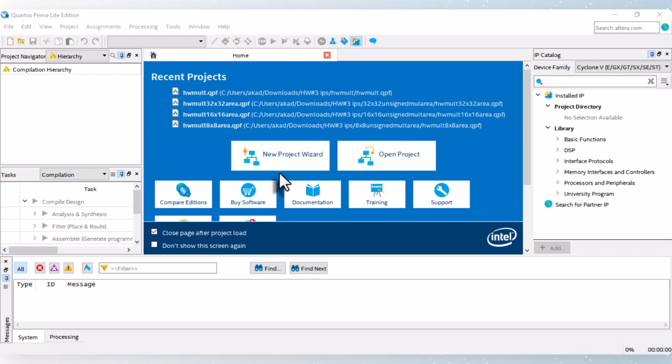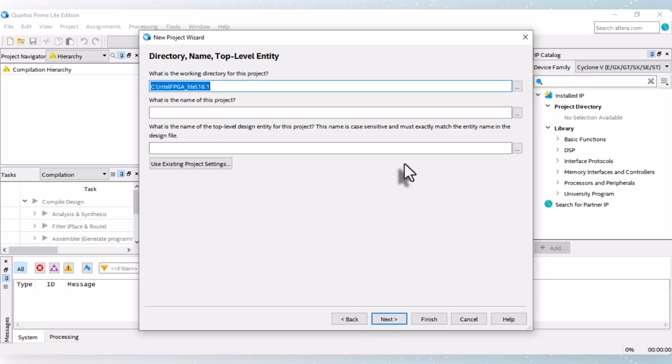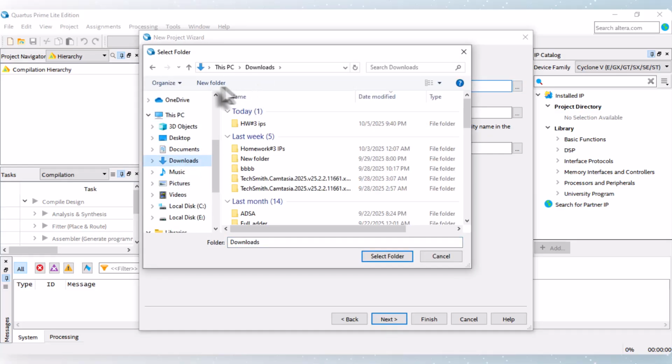Hello everyone. In this video, I'm going to implement a 4x4 multiplier using FPGA. So our first step will be creating a new project, and then we're gonna pick the place where we should save it. Let's go here. You can download, create a new project, file, call it